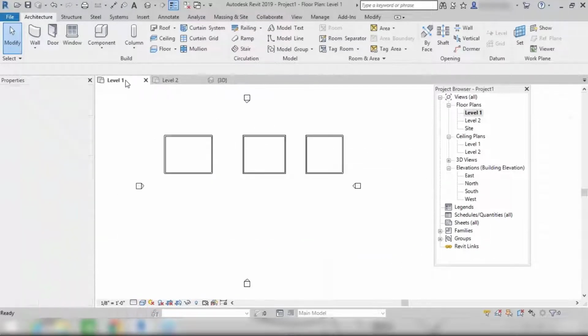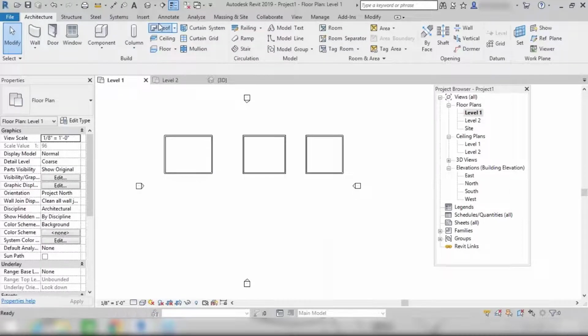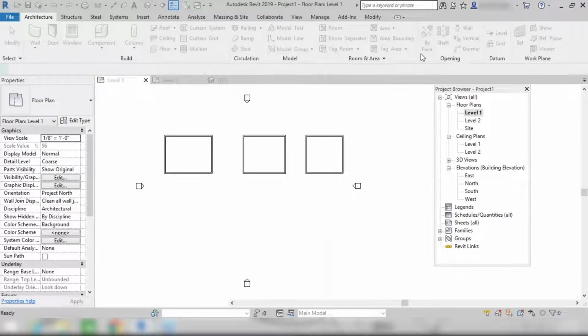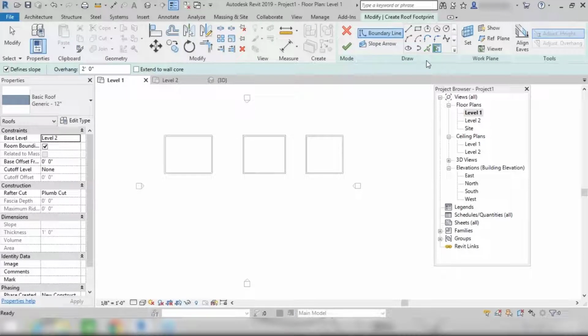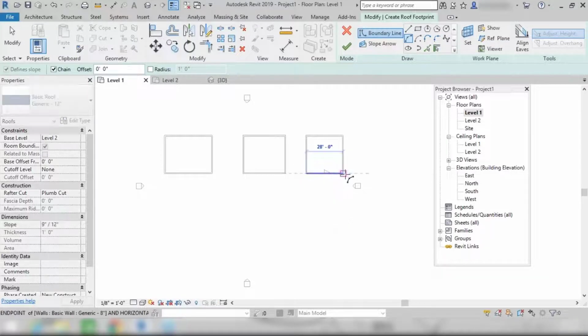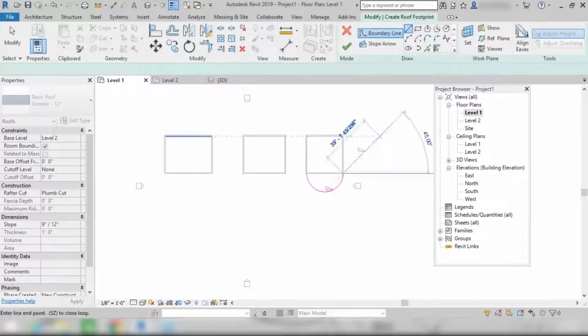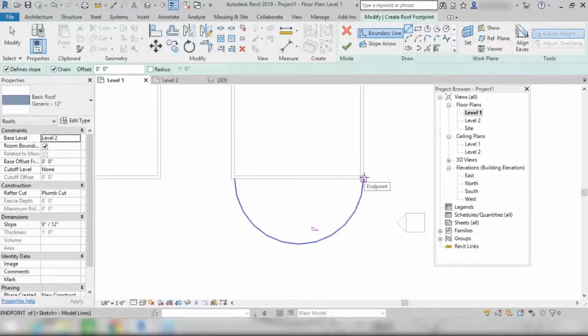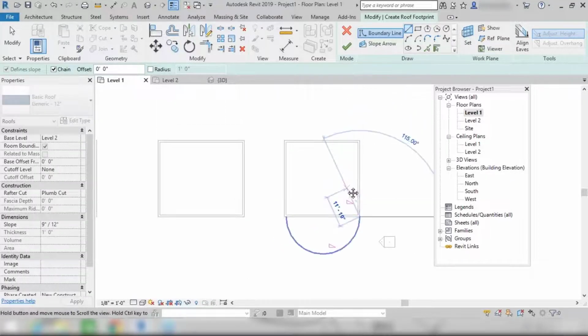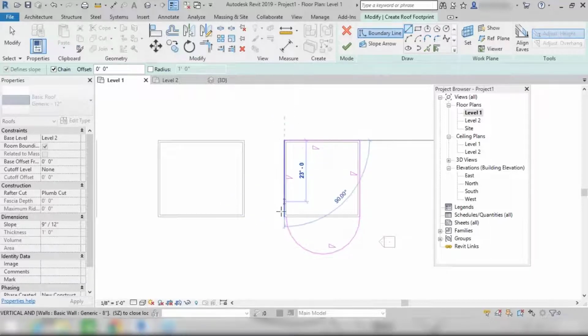So you can also create some other types of roof by just choosing different types of profile from here. Let's suppose you want an arc in the front. So you will go here, start creating from here, like this. After that, let's suppose you want simple lines. So you can connect the remaining walls using lines, but make sure your geometry is a closed figure.